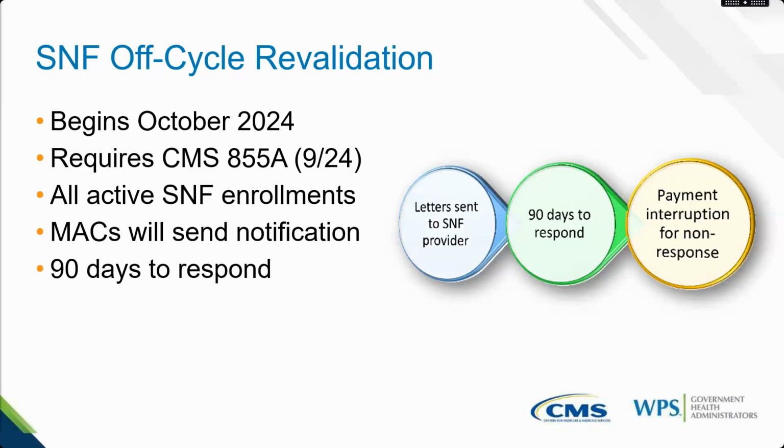Now, bear in mind, if you send in a revalidation, say on day 85, we have your revalidation. So on day 90, we're still processing your application. Your record would still be maintained and functioning. I don't recommend waiting that long, but we also understand that it may take that long to get this information. So don't panic if you get it in on day 85. If that application is in-house and you send it through PECOS, we'll see it on day 86. We have that you've responded, and we can develop from there. So just keep that in mind.